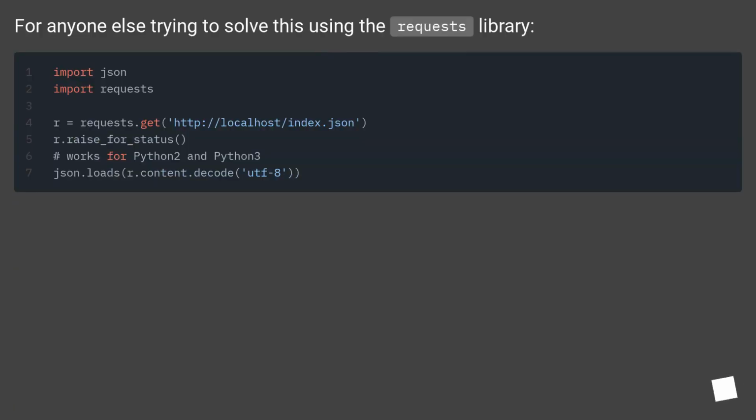For anyone else trying to solve this using the requests library,